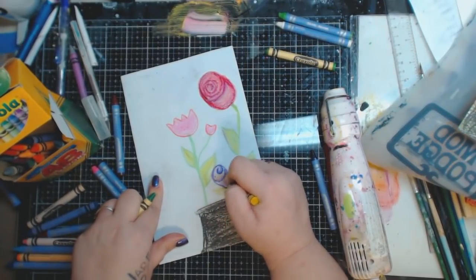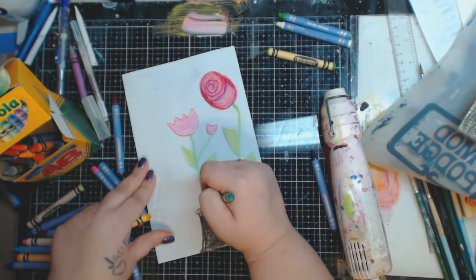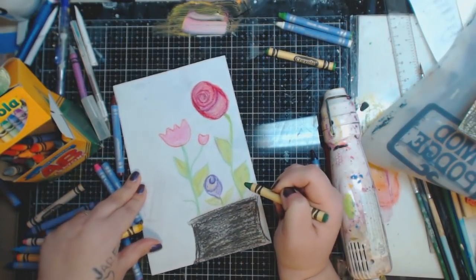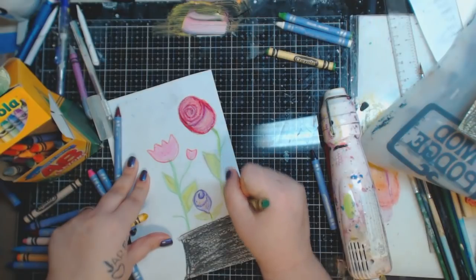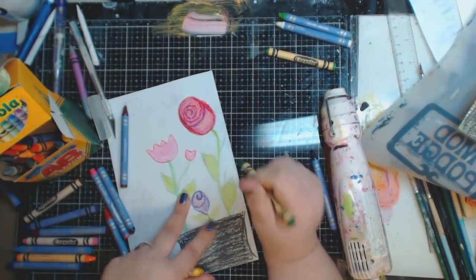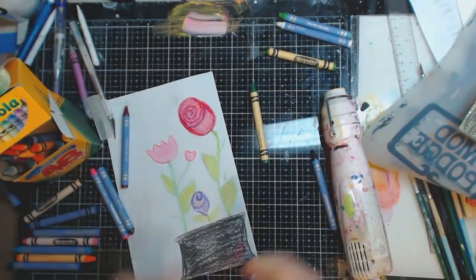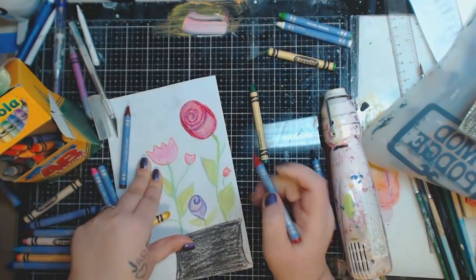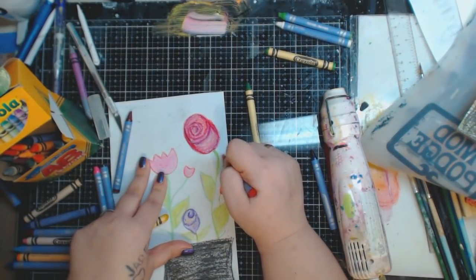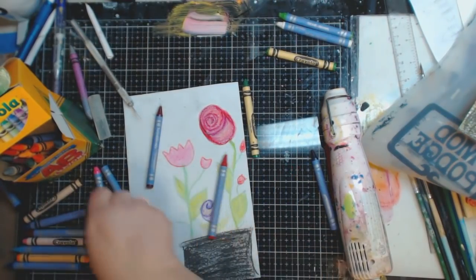So, put a little bit of yellow there, and then maybe I'll do another bud there. A bud there. Maybe I'll do a bud here. Let's just see for the heck of it, shall we? Okay. I'll just do a little bud. Looks like a little cat because that's just how I want to do it. And then this one, we'll go off the page. Just like that. And then we'll take pink